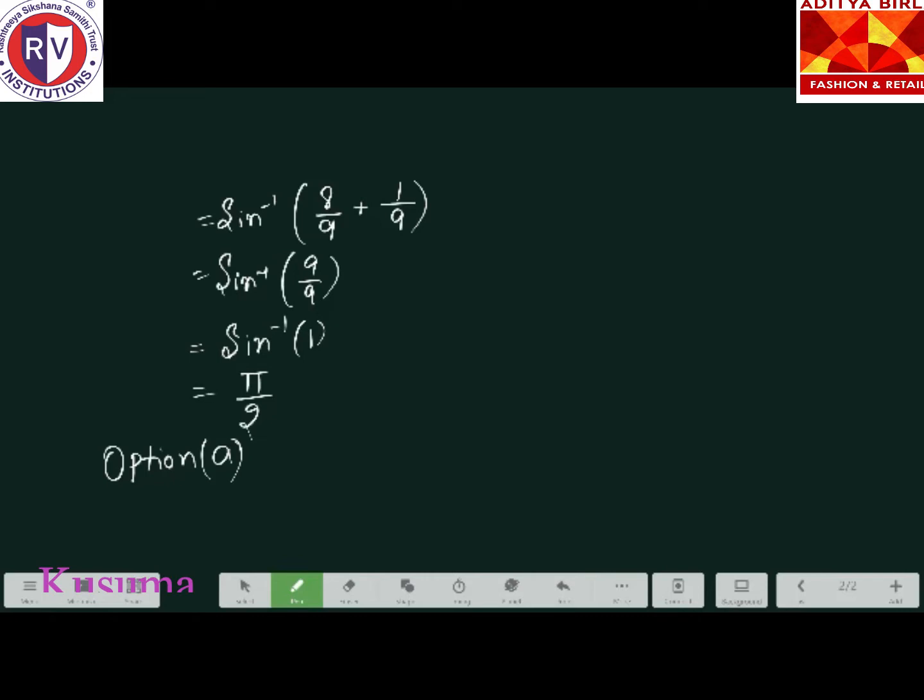Okay, look at the next question. That is question number 63. This was a question in the year 2016. The value of sine inverse of cos 53 pi divided by 5 is. Okay. So the options given are